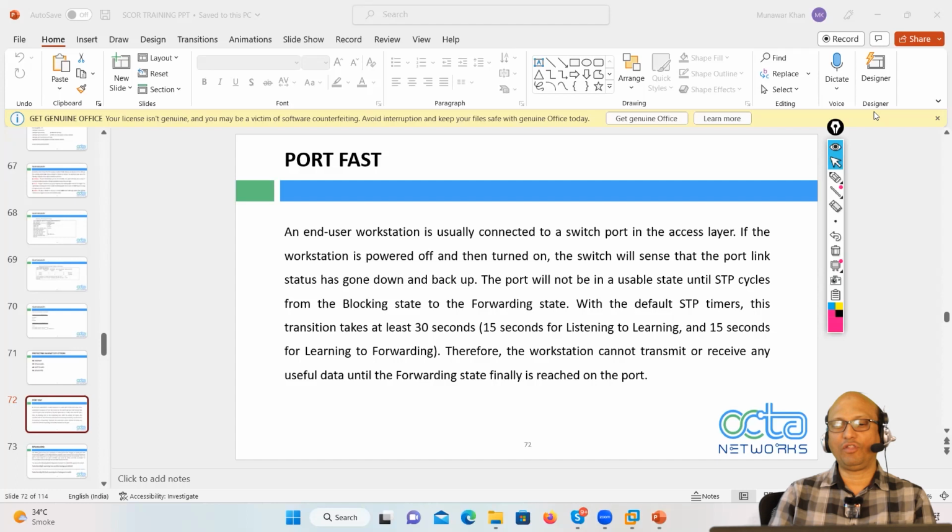You have to wait for 30 seconds for connectivity, because when you connect, the light is amber and then it will turn green after 30 seconds. So, you want to bypass this,